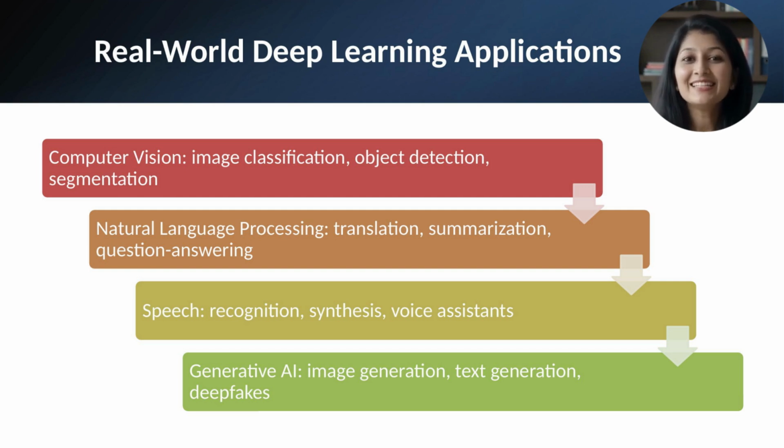Generative AI creates new content. GANs and diffusion models generate photorealistic images from text descriptions: DALL-E, Stable Diffusion, Midjourney. Large language models generate human-like text, music generation, video synthesis, deepfake technology, all powered by deep learning. This raises exciting possibilities and important ethical questions. Deep learning's impact spans healthcare, finance, autonomous vehicles, entertainment, scientific research, and countless other domains. The technology continues advancing rapidly.